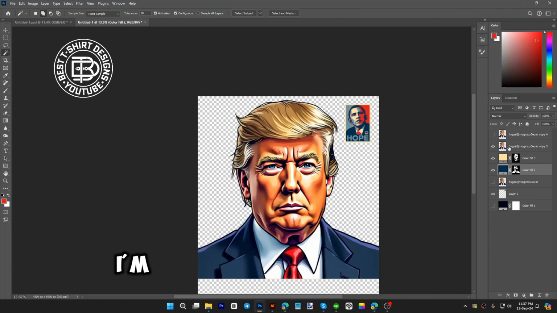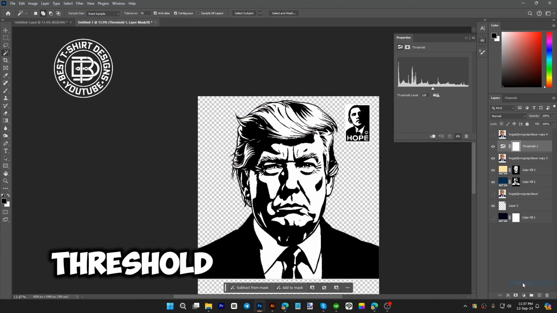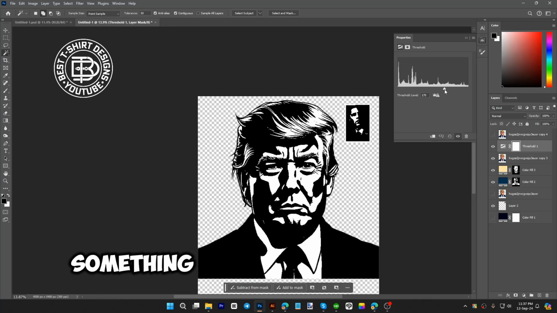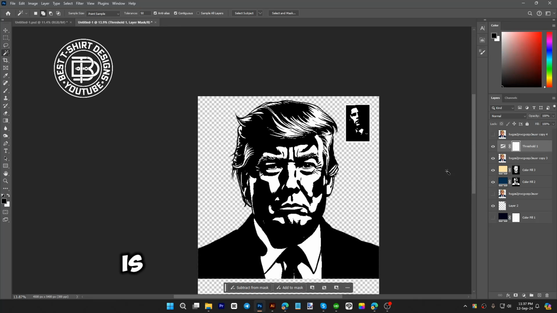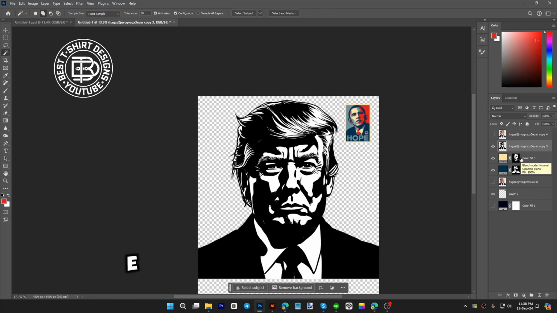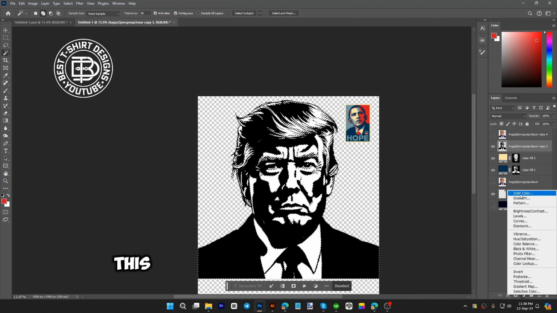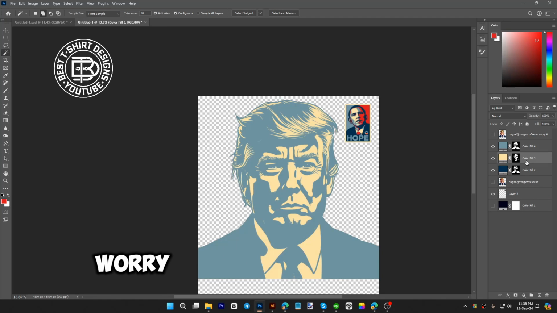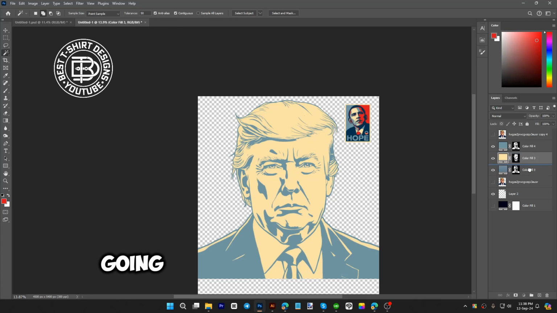For adding that, I am going to select this layer, and then I am going to again apply threshold. Now from here I am going to make it a little bit darker, something like this. That is good. Here press Ctrl E again, and then I am going to select this black again, select and then similar. Then I am going to apply this lighter blue color, and this is how it is looking. Don't worry. So I need this darker blue layer on top of everything, so I am going to bring that down